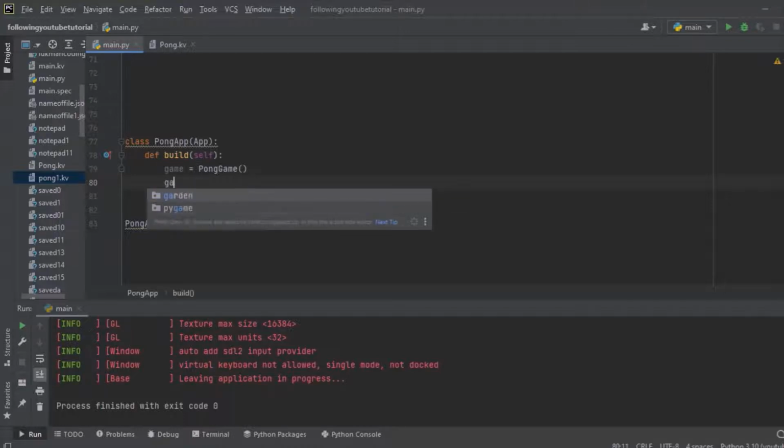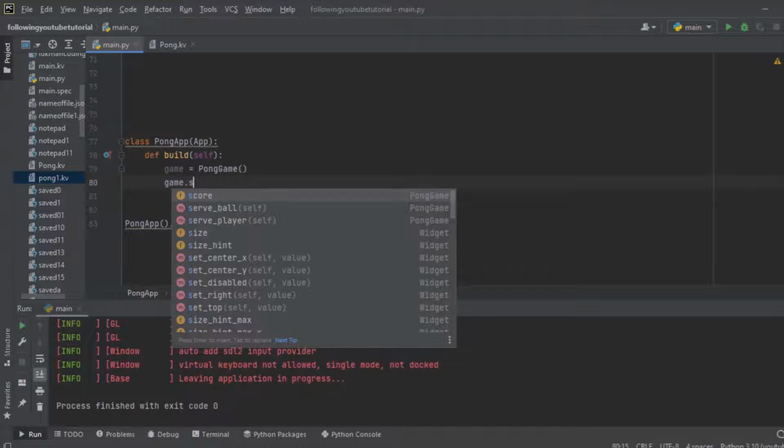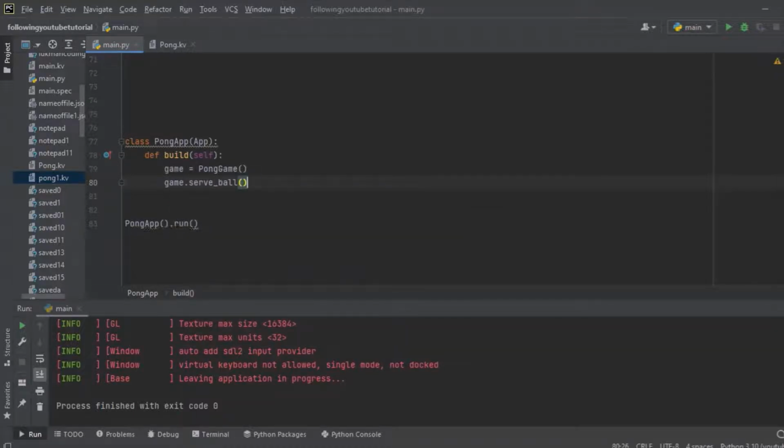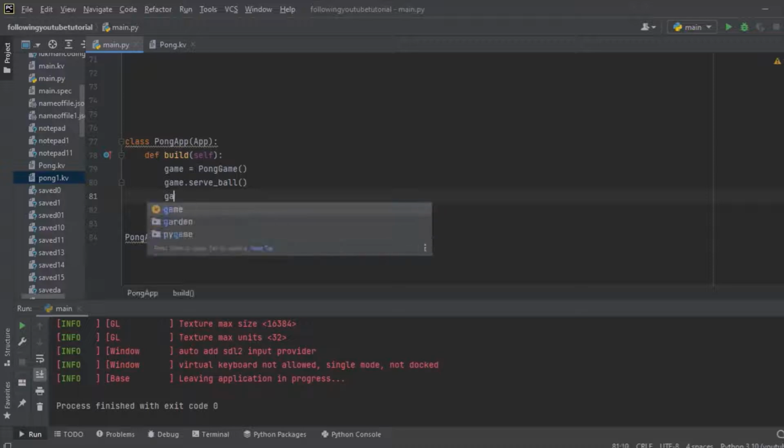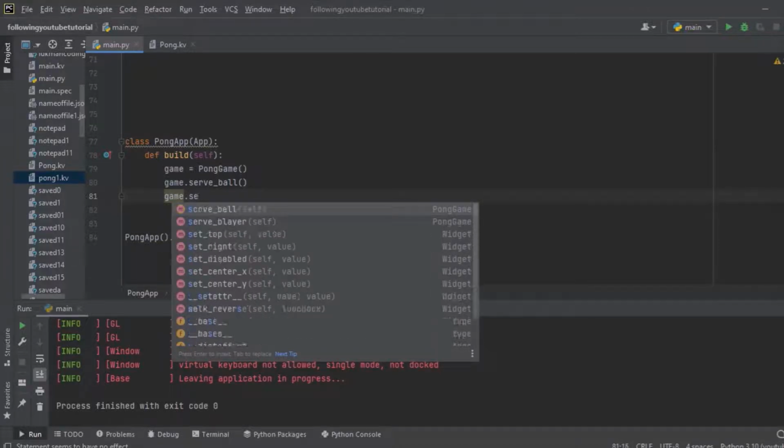Then game.serve_ball. That means we are trying to get the objects together, like the ball object and the player object. We are going to write again game.serve